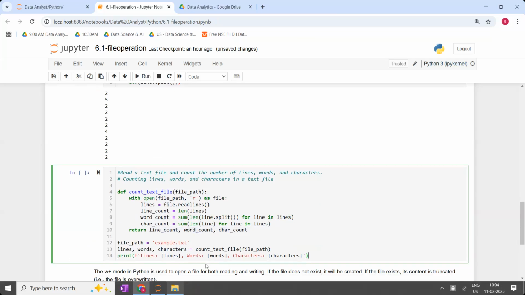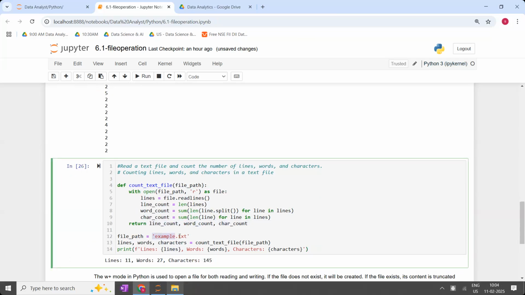Now in my given file, what file is there? Example.txt. In that, how many lines are there in total? 11 lines are there. The total number of words is 27. The total number of characters is 145. So for the entire file, whichever file you have given here, the file name can be anything. Instead of example, if you have given